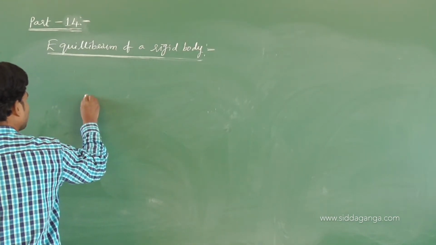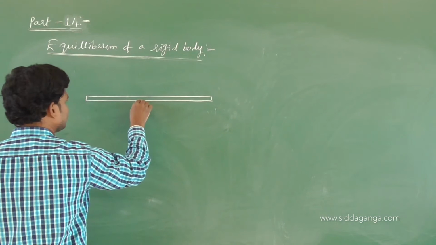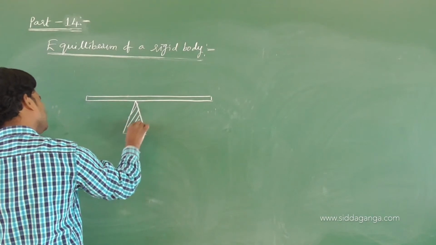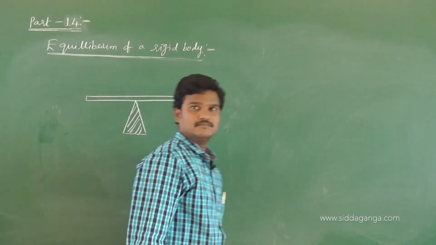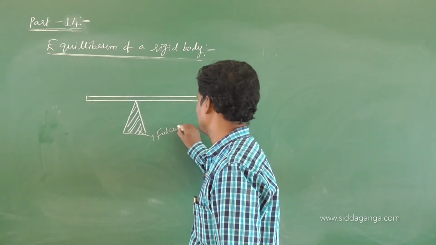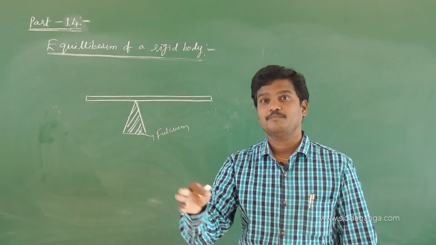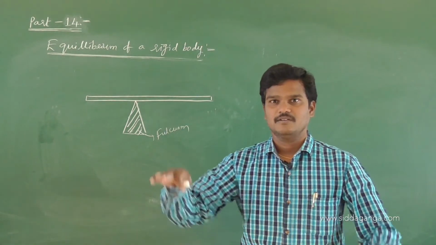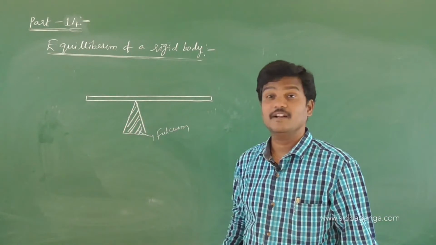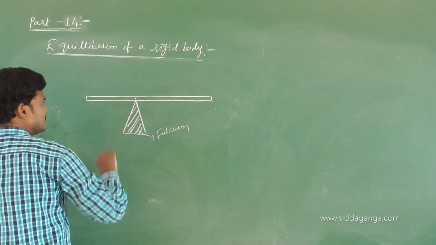That is, let us see, there is a lever arm. This is the fulcrum. See, this is the rod pivoted on a fulcrum. Just imagine a seesaw in a children's park. One boy will sit here, one more boy will sit here, and they will move like this. So this is the rod, an ideal lever, which is fixed here, and this is the fulcrum.